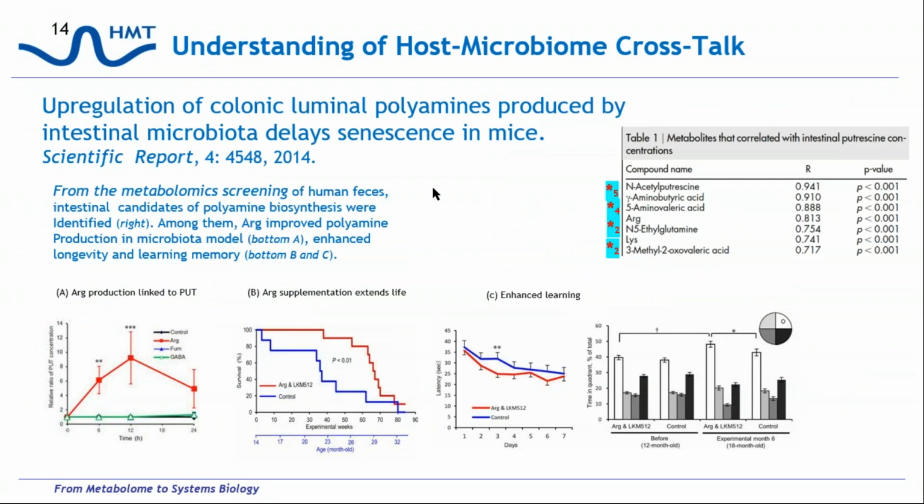In this paper, we were looking at senescence in mice. We actually started out looking in human samples, human feces, and looking for metabolites that had concordance with putrescine. And we've identified several metabolites, including arginine. And arginine supplementation in mice did show an increase in lifespan and an increase in learning capability by supplementing the diet with arginine. But again, in the study itself, we see several metabolites identified, 4 of them which are actually isomers. So just showing the point that we need to develop high resolution techniques to make sure we can specifically identify the metabolites that we see.